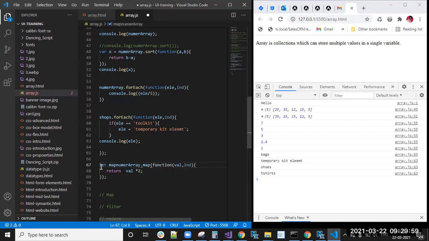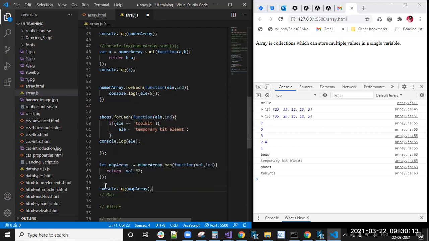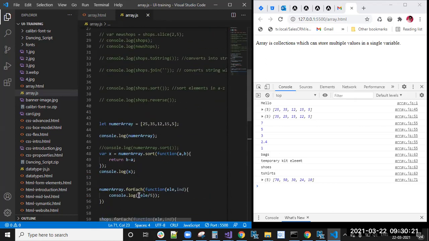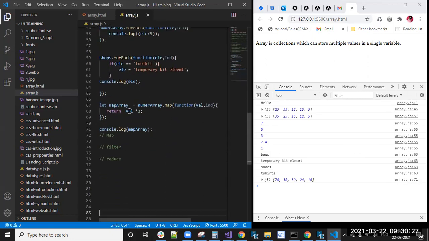Let map array equal to this, and console.log of map array. You can see here this is the original array: 35 25 15 12 5, right? Now what I did is multiply each value by 2 using map. It has not changed the original array. It will return a new array, that map array, and it is multiplied by 2.